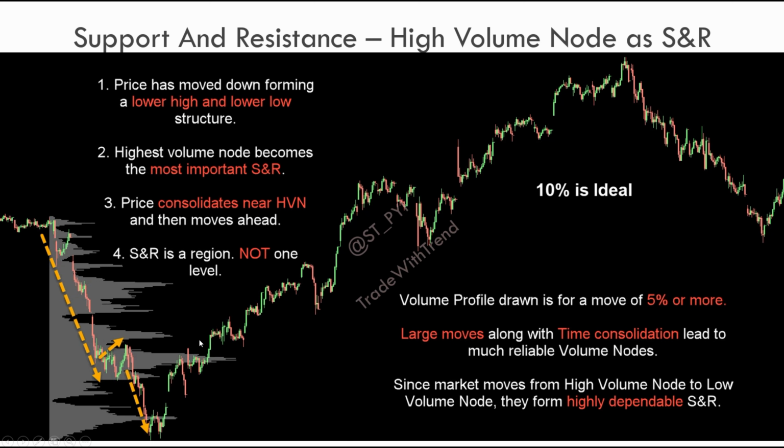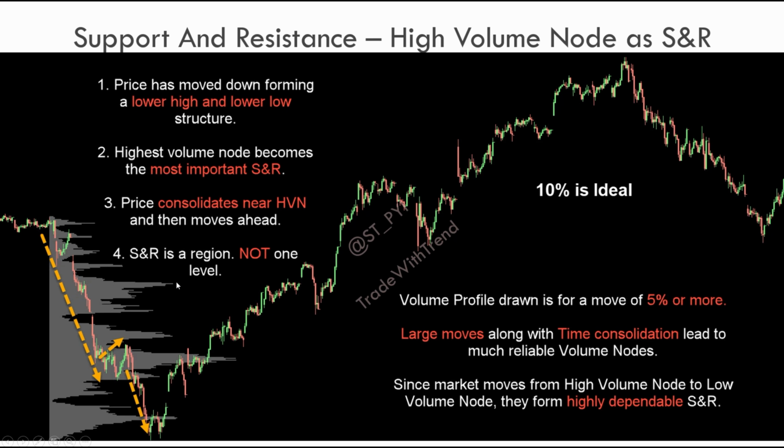So which is why just above this high volume node, you see these two strong candles that are forming, right? It's only because there is a lot of trading activity that has happened here, and it takes some bit of buying here so that this range is crossed. Now, as soon as this range is crossed, price actually moves swiftly to the next high volume node. That is, price has transitioned from this volume node to the next volume node, which is high. So this happens from this level to this, right?